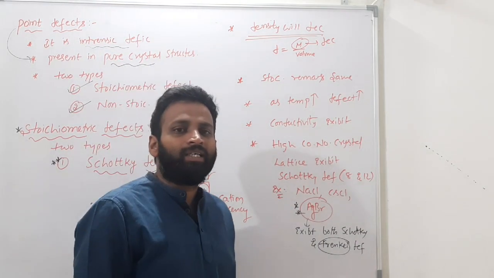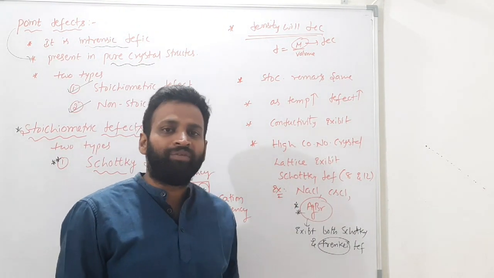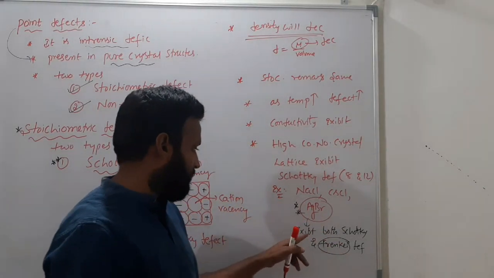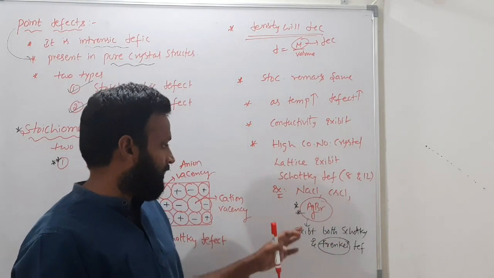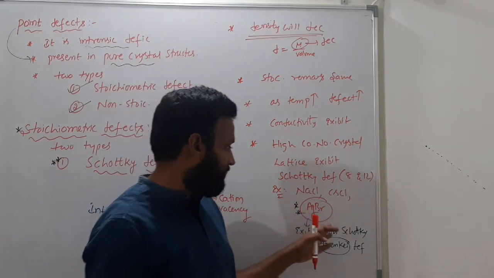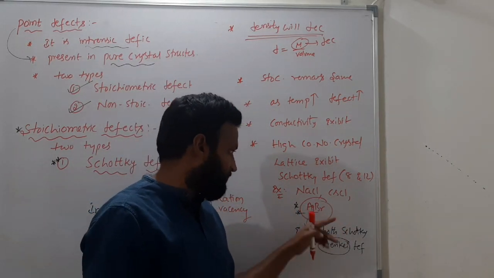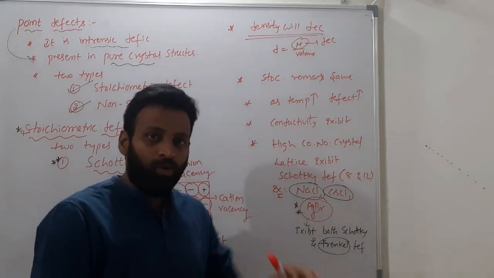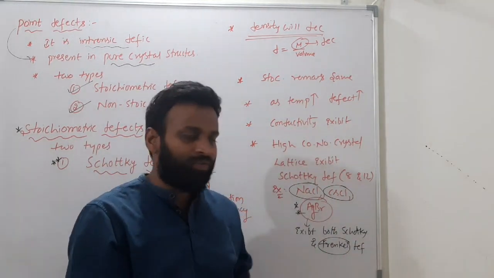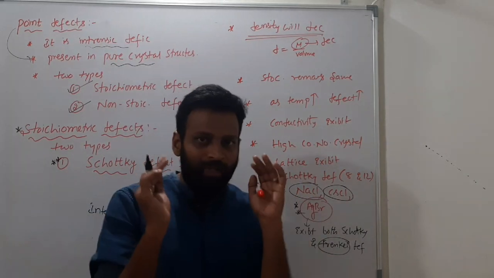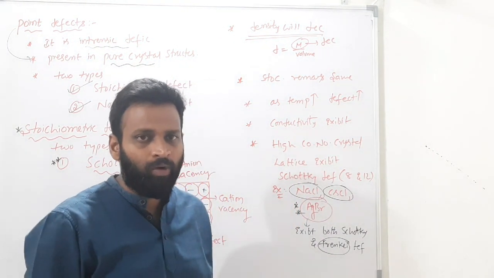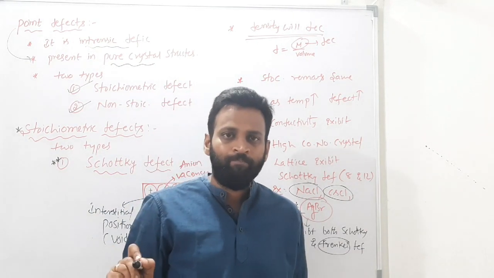Which of the ionic crystal lattices exhibits both Schottky defect and Frenkel defect? They'll ask you, so you must know about this. Who exhibits both Schottky defect and Frenkel defect? AgBr. Cesium chloride and NaCl type crystal lattice: for the entire crystal lattice, the coordination number will be 12. For the NaCl unit cell, the coordination number is 6. Remember all these things, very important. Note them down.